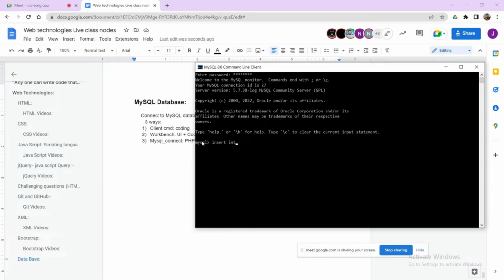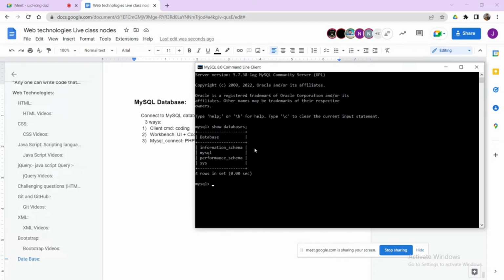For example, when I would like to perform some kind of operation like insert into table name, can we connect directly? No, we need to connect to the database, meaning that in a server we may have multiple databases. If you would like to check all those databases, I can go for a command called show databases. It will show the list of databases which exist in the present server,